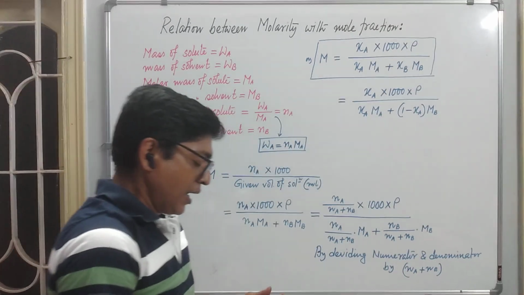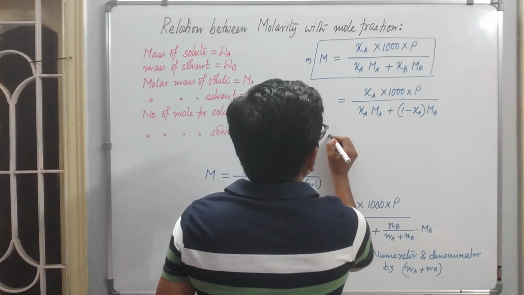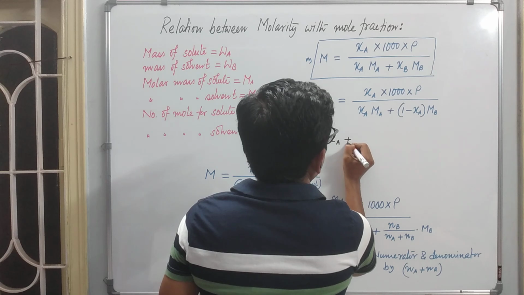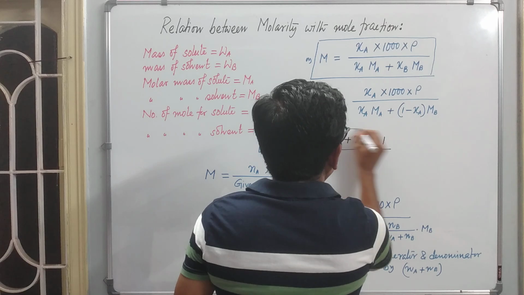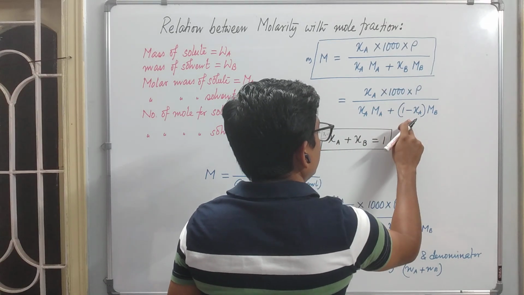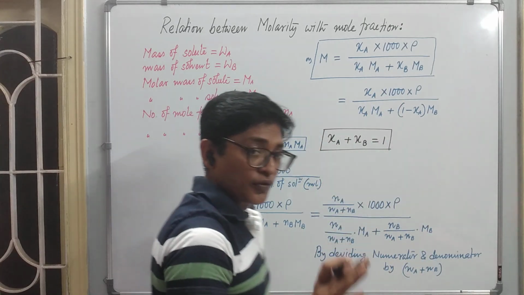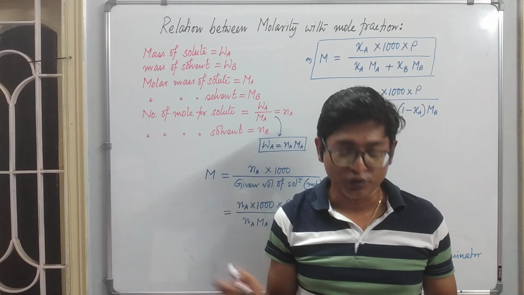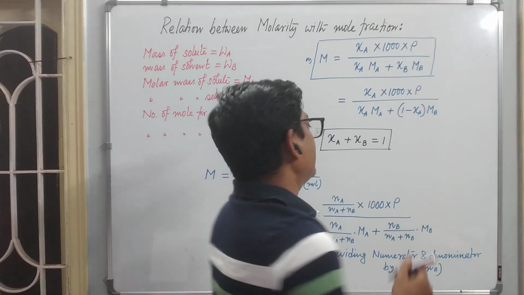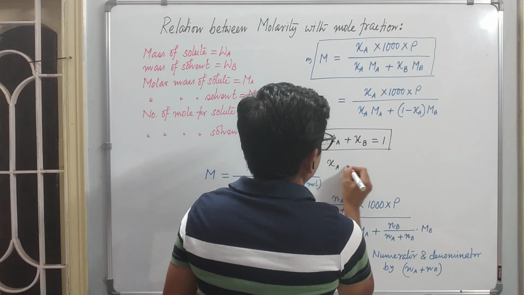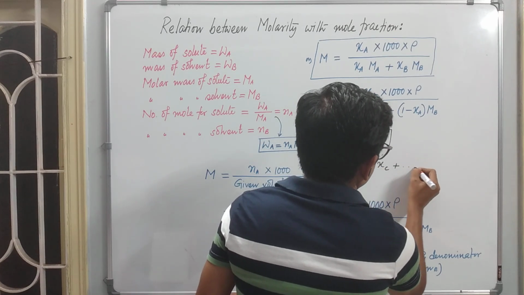Now in this regard, I forgot to mention that when we discussed the mole fraction, always remember the mole fractions, whatever you are going to get, should always sum to 1. And that is the reason I changed the mole fraction of B into the form 1 minus mole fraction of A. So this mole fraction concept cannot be used only for a solution. It can be used for any kind of mixture having n number of components. In that case, how will it become? It will become like this: XA plus XB plus mole fraction of C plus dot dot dot